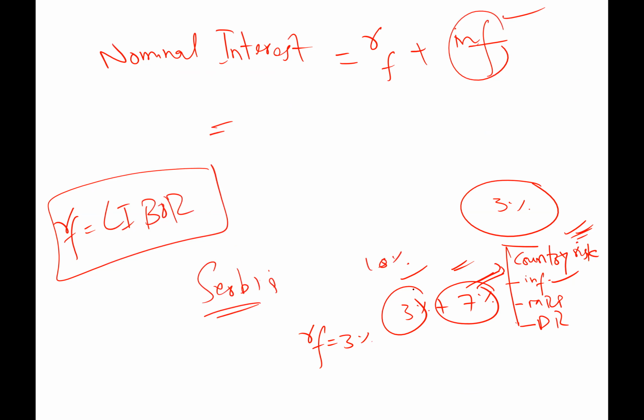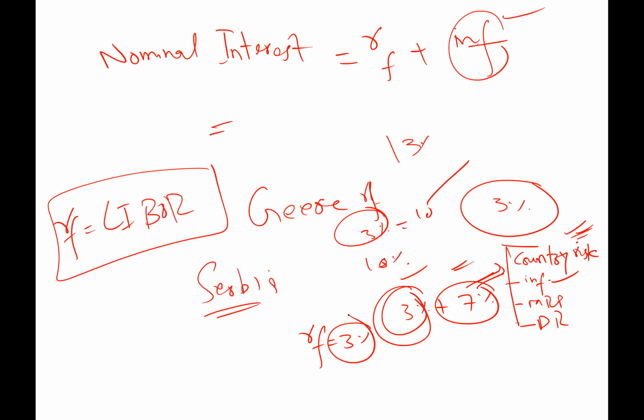So if Serbia, Greece, also risk-free rate, for example, Greece is 13%, the risk-free rate is 3%, and 10% is the other risk factors. So the risk-free rates are the same. It means then the other factor that